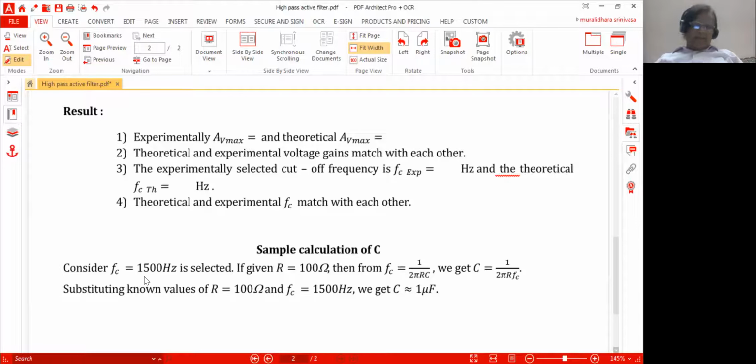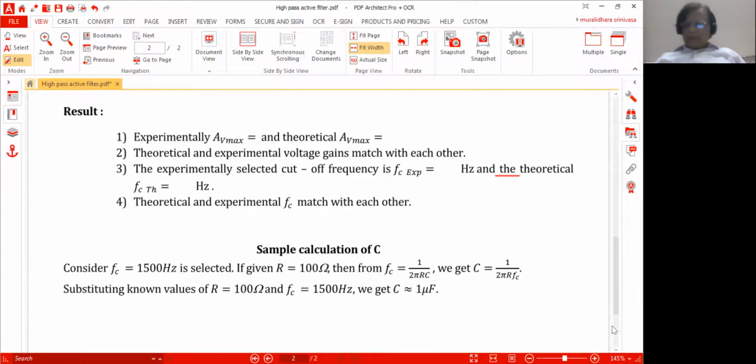If you take FC as 1500 Hertz and you take R as 100, then from this you get C of approximately 1 μF. Very strictly, for 1 μF you will get 1592. We have shown it as 1500 Hertz there, because exactly your resistances may not match. I would also prefer to simply take capacitance as 1 μF, choose one like that, then calculate R. It is far easier to manipulate R than manipulate C.